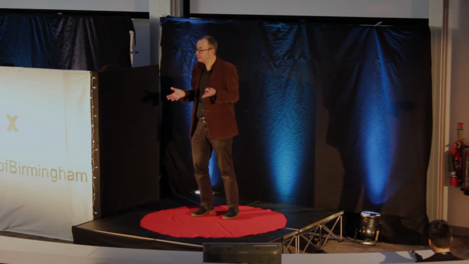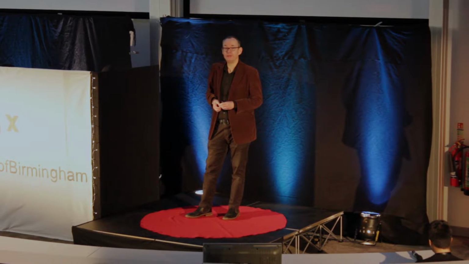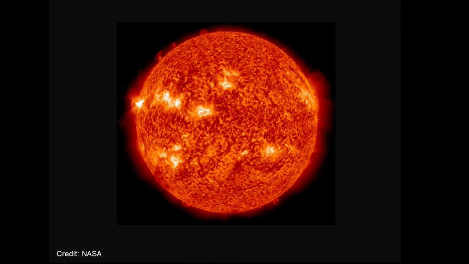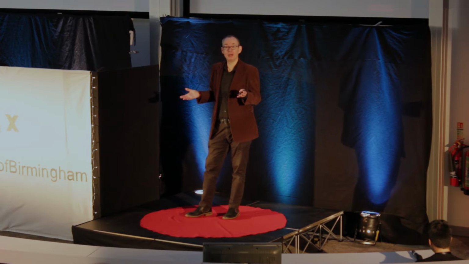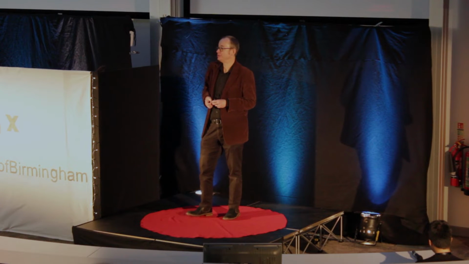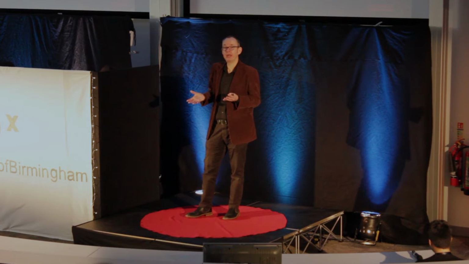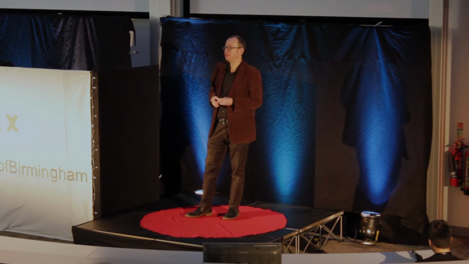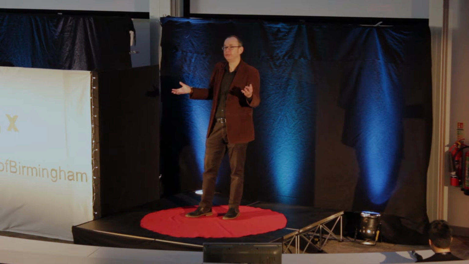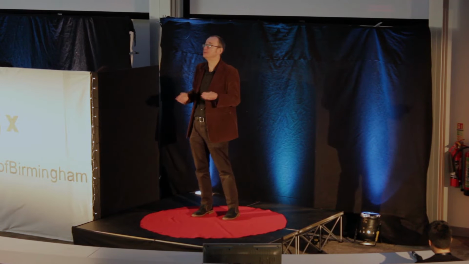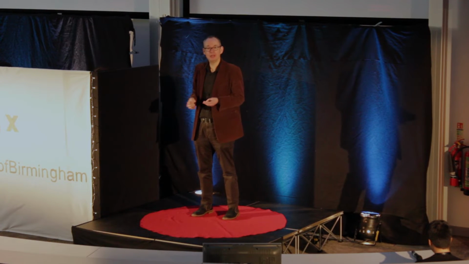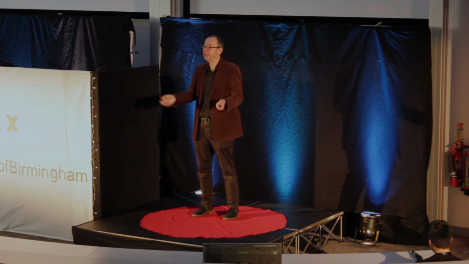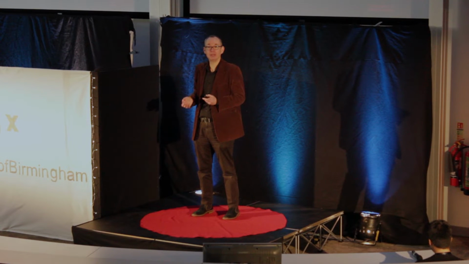But there is also relevance for us here on Earth in our technological society. The sun affects its local environment, including the near-Earth environment and the Earth, through its changing outputs and emissions. And these are related to what we call the sun's activity and the presence of magnetic fields on the sun. So the sun releases huge quantities of charged particles in what's called its solar wind, and also through massive discrete events called coronal mass ejections. Now, these emissions can travel through what we call the heliosphere to the Earth, and they can interact with the near-Earth environment, including the Earth's magnetic field.